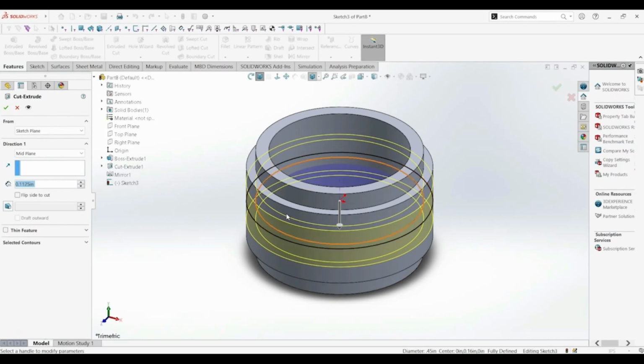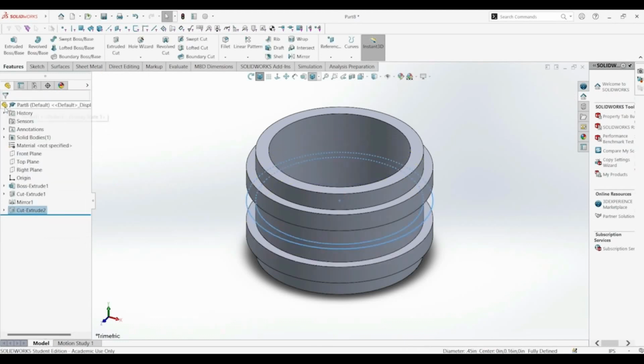We want to leave a surface of 0.05 here, so 0.05 plus 0.05 is 0.1, so these two will be 0.2. 0.3125 minus 0.2, because 0.3125, that's our overall length, and we just want to cut that portion. So we have that 0.1125,